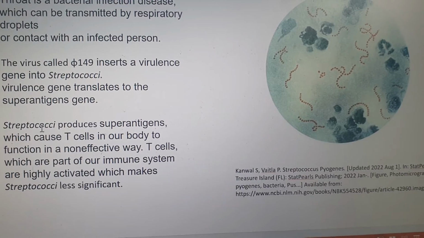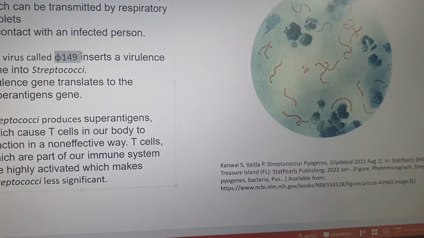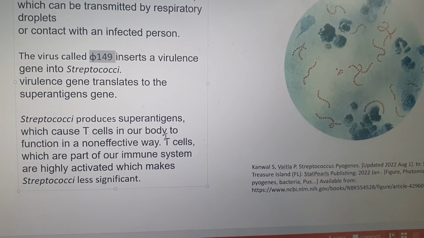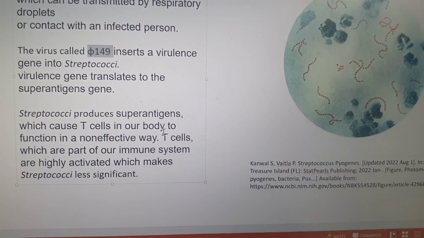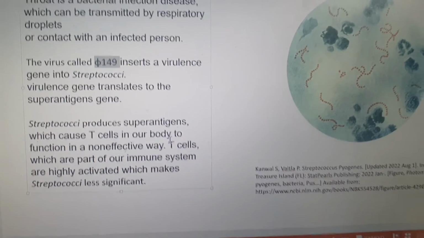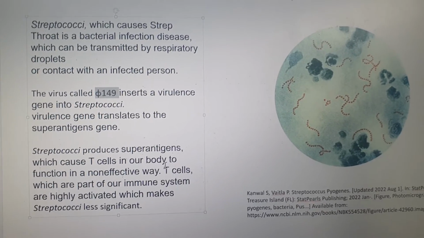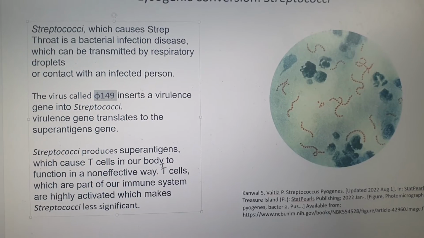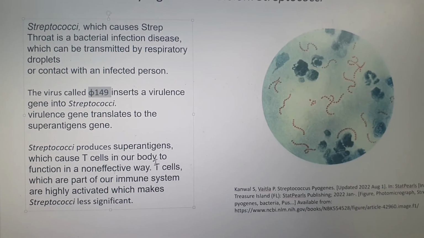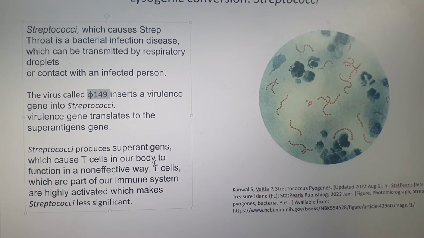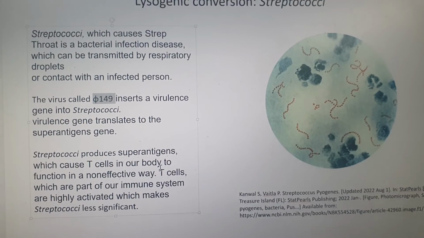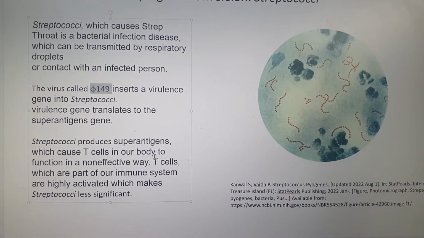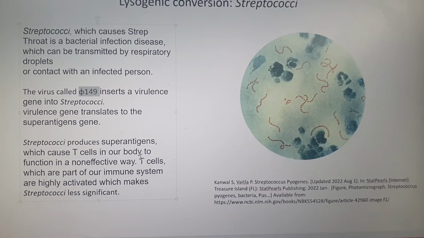Those genes from 149 make proteins which cause T cells, which are like a defense mechanism, to be activated a lot more in our body, and they kind of defend themselves by activating T cells in our body. It's kind of counterintuitive in a way, that if you activate the T cells in great amount,